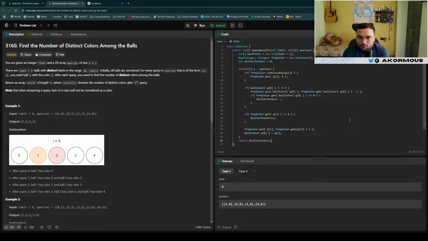If the map doesn't contain that key, then we put it there. If it is already colored, then we decrease the frequency of that by 1. Then if it becomes 0, we decrease distinct color count. Now, right, frequency of this is this, then distinct color plus plus, else we increase the frequency. And okay,